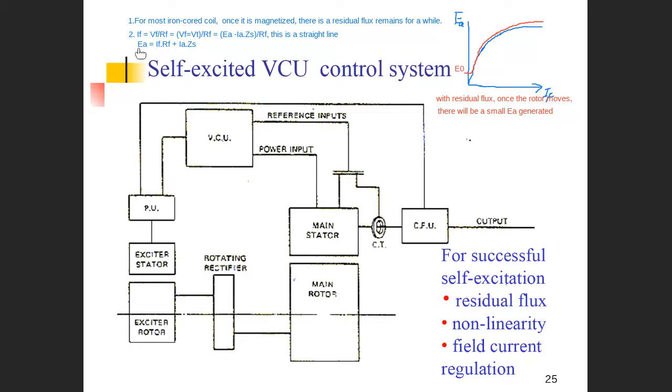Look at here, that means the EA equals the field current RF times the field circuit resistance RF plus the armature voltage drops, right? So if it is open, the EA related to the field current is a straight line. If the field current is bigger, EA is bigger; field current smaller, EA is smaller. On the other side,